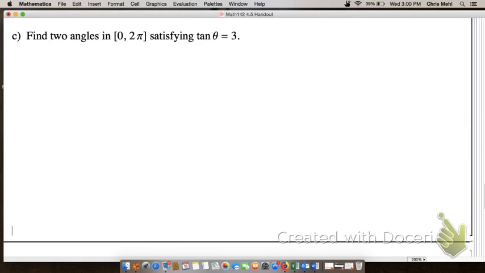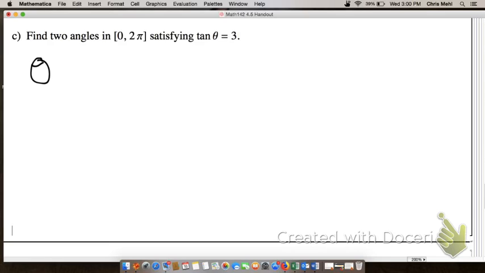Okay, now finally, last part of this example. We're going to find 2 angles in the interval 0 to 2 pi that satisfy the equation tangent of theta equals 3. Okay, so two angles in 0 to 2 pi, this is part C of the same example, satisfying tangent of theta equals 3. So the first angle,